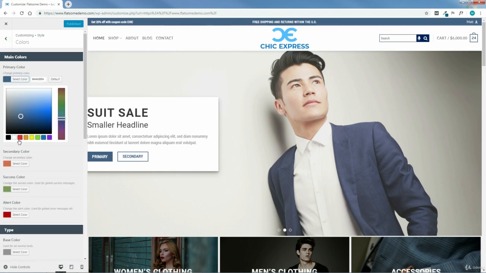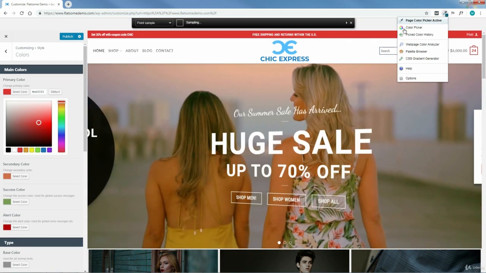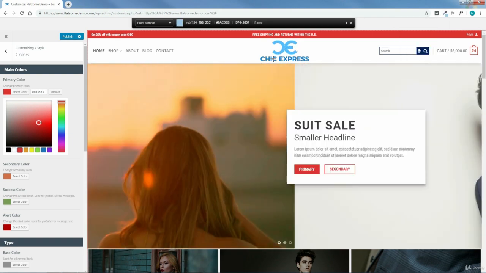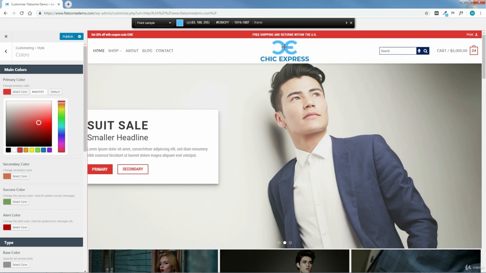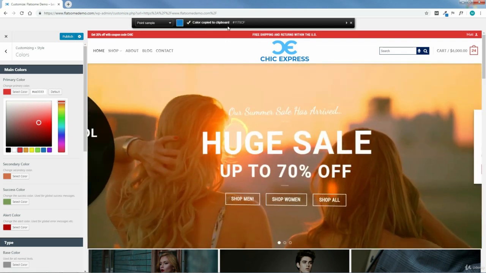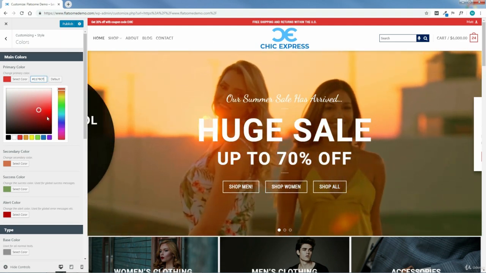So let me go ahead and I'll just change that to red, show you. I want to change that to a blue color, same as my logo color here. So I'm going to use Colorzilla. This is a free extension you can get. And what it allows you to do is copy the hex code of any color on a web page. So you see if I hover over this, the color changes in this box to light blue, whatever color I'm hovering over. So my primary color is going to be this dark blue here. So I'll click and you can see it color copied to clipboard. There's the hex code. So now if I come into here, right click and paste,